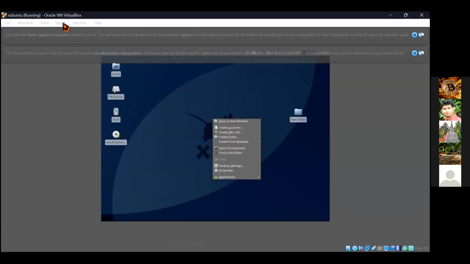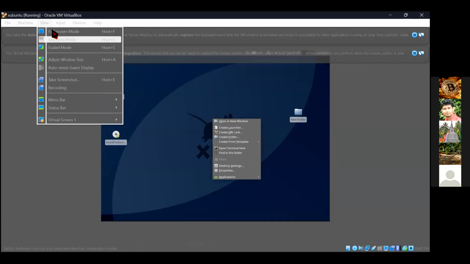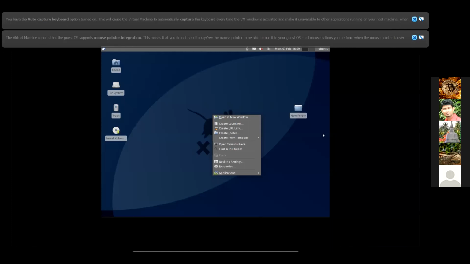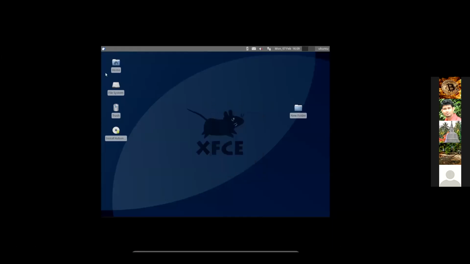Okay, this is Ubuntu. And you guys, you can view the full screen also. It's easy. So creating a folder, even you can right click on the desktop. When you right click, it says create folder, that is there. So with multiple operating systems, you get exposure, you get experience.